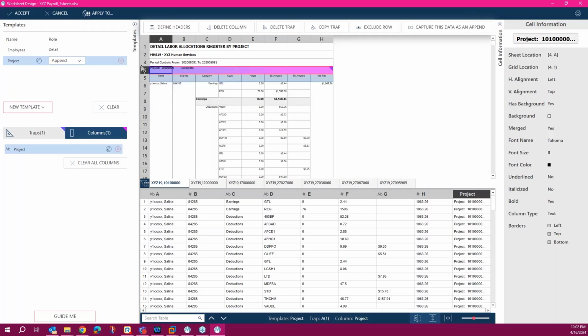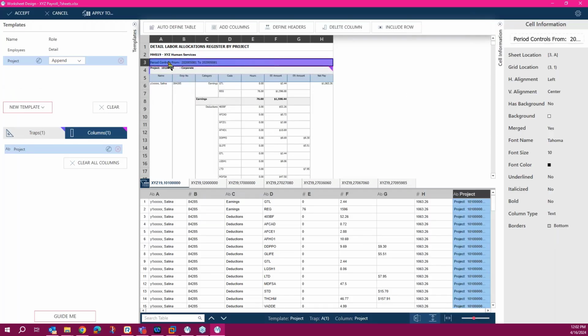All right. Then the next step is I want to capture period.